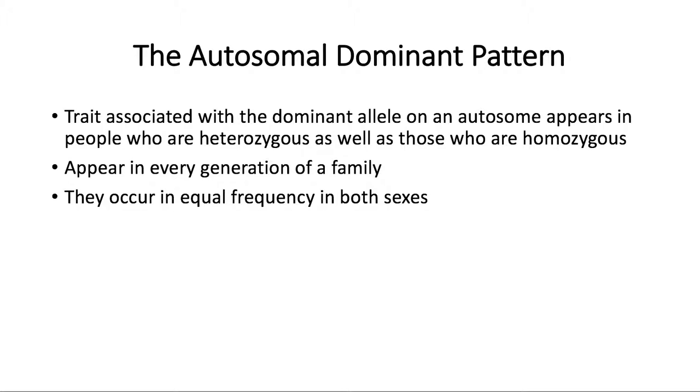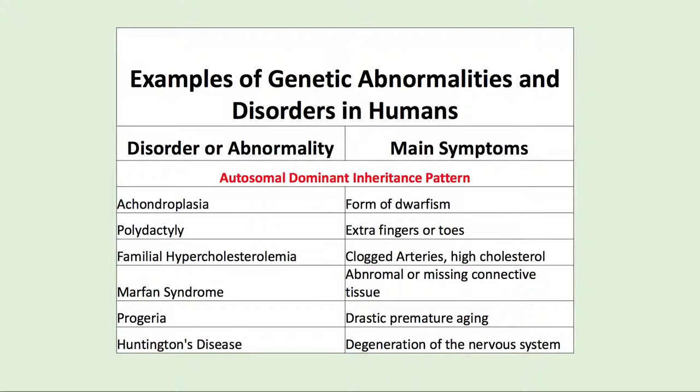Since these diseases are dominant, if you have a capital allele for dominant and you have a lowercase allele, those individuals will all be affected. Here are some diseases that have autosomal dominant inheritance pattern. Achondroplasia is a form of dwarfism that's a dominant autosomal disease. Polydactyly, which is extra fingers or toes. There's Marfan syndrome,